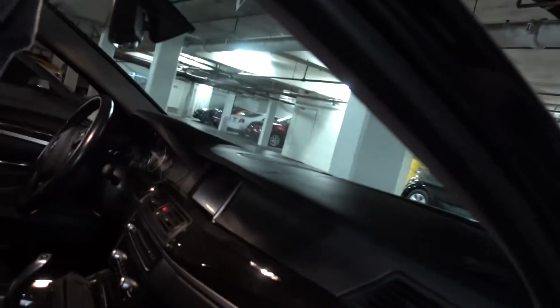Now, the first thing you need to do is pull out the weather stripping right here. So just from here to up here, just pull out the weather stripping, and then that way you could actually get off the pillars without having too much problems. There's a few clips back there, but it's only held in by 1 screw. So once you take out that 1 screw, it's just forced to take it out. Be very careful you don't break any clips, because that's going to be a pain in the butt. But besides that, yeah, once you take off the A-pillars,